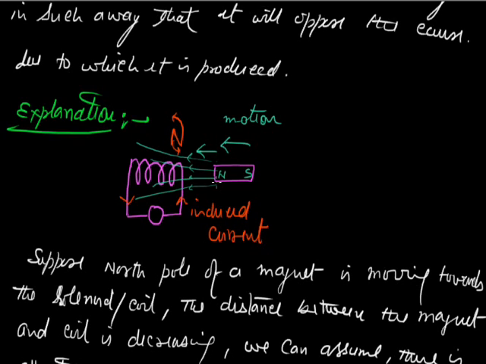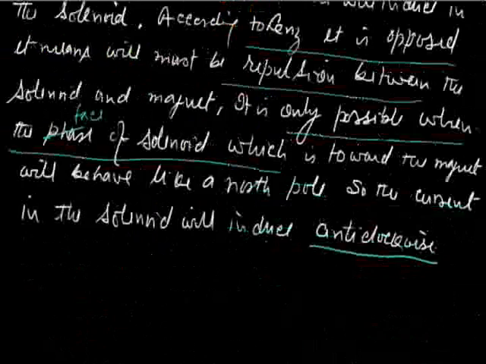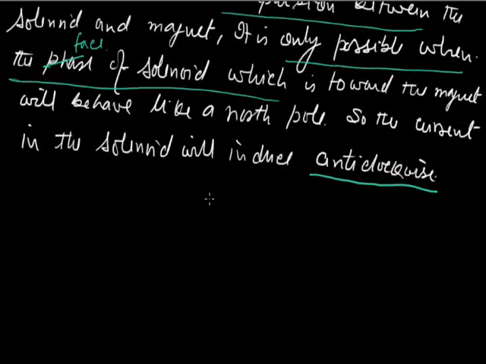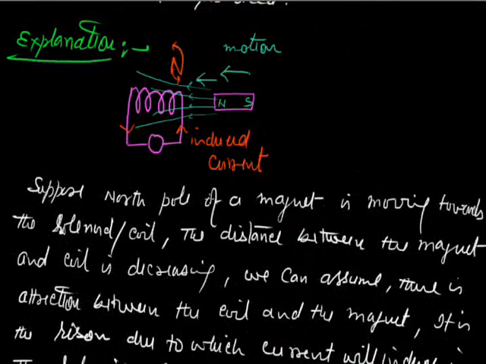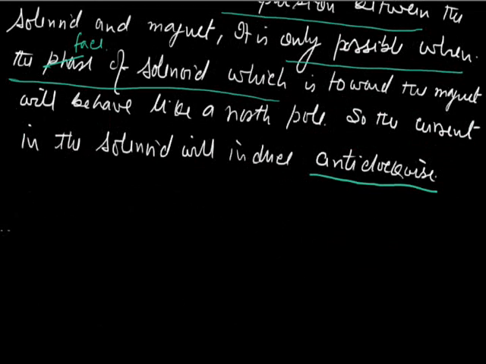It is only possible when the face of the solenoid which is towards the magnet behaves as a north pole. Same thing. Now if we change the direction of motion or the pole,